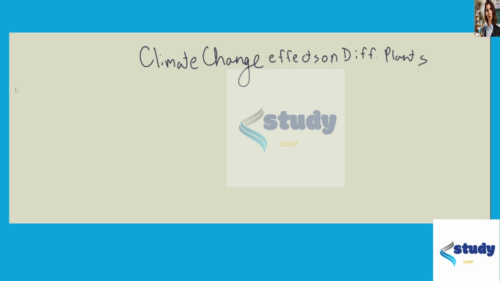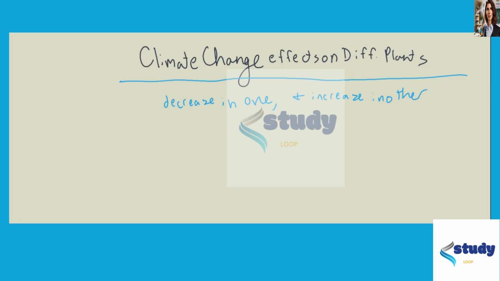Okay. So we're going to talk about why there's going to be a decrease in some or one and increase in other. This kind of gets into a really important concept about invasive species. And I'm going to do a little visual drawing to help. So, as this is talking about plant species, let's